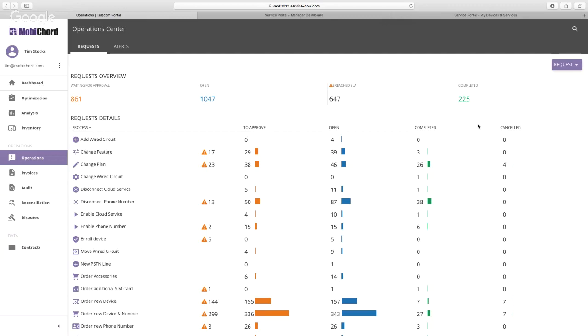So as we can see here, this is an overview of all of the services that we have. So these are the tickets. There's 861 waiting for approval. We have these ones that are open, ones that are maybe out of SLA, and ones that we've completed. If we were to click on any of these, it's going to show us in ServiceNow the tickets that are open. Now there's two ways that we can service an employee. Either it's some sort of new service that we'll need to order from a provider, or it's managing and working